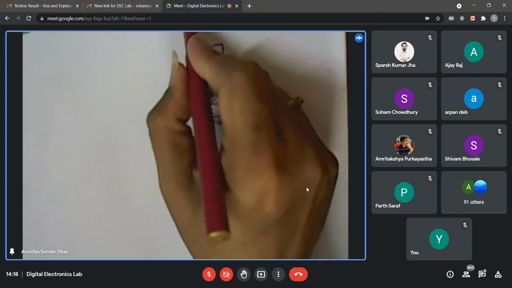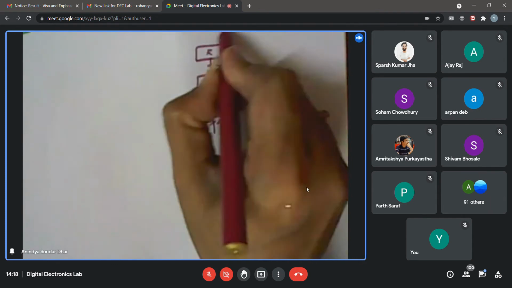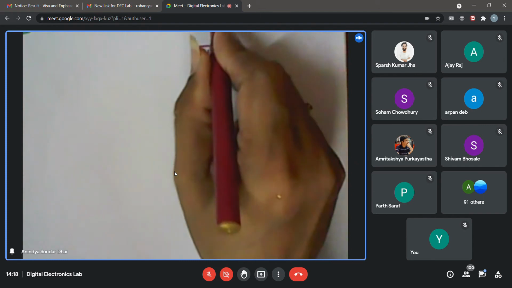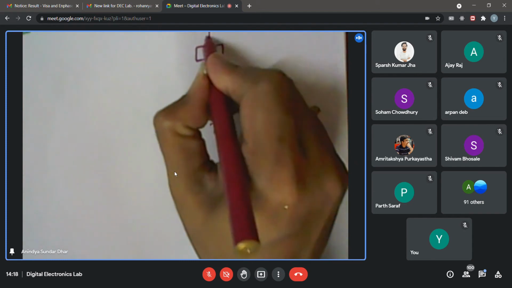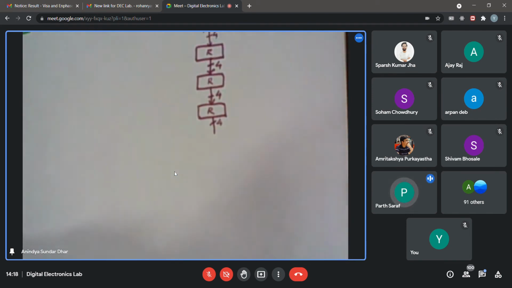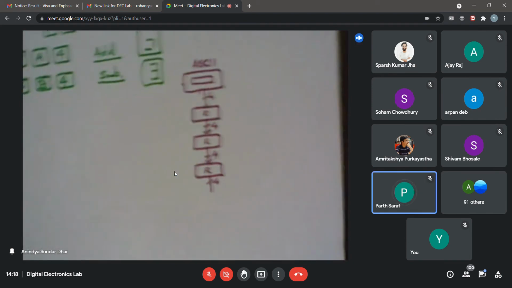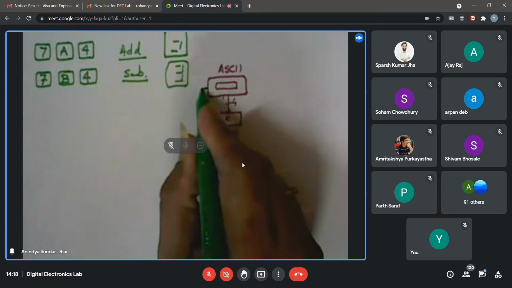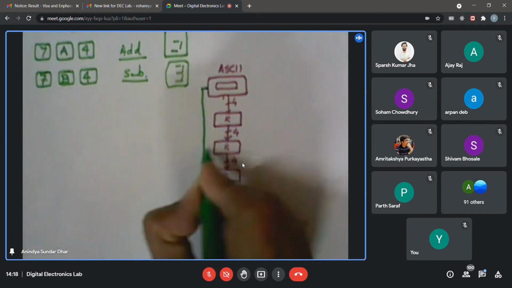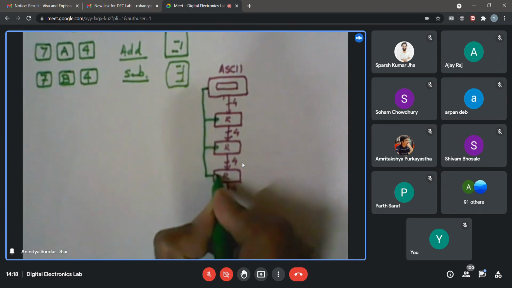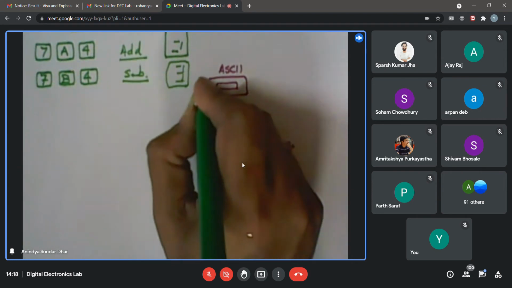I presume that you will be connecting the ASCII keyboard or keypad, whatever you call, over here, taking 4-bit from that. So the other 3 bits you are not using. Could you please move the screen a little bit down? Okay. Sorry. So this ASCII keypad has the strobe signal, which logically, once again, I am showing is going to 3 registers. In practice, maybe there will be physically 2 ICs. So the strobe signal will go over there.